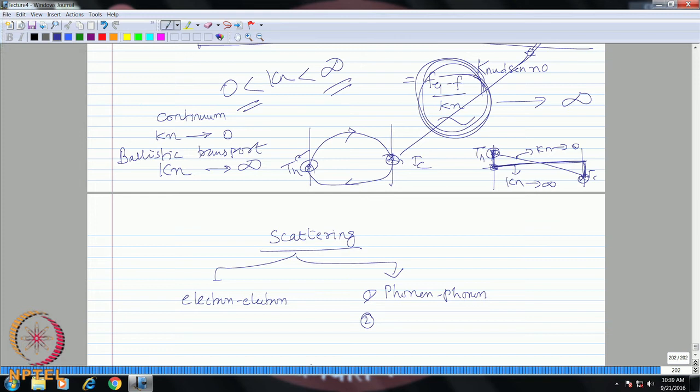If you are doping the semiconductor, make it either a p type or n type, these are external impurities, and so these impurities or dislocations in the crystal will cause a resistance to the flow of these lattice vibrations. So, when you model these as particles, again you have to think about scattering of phonons with these dislocations or impurities. So, therefore, you can have a second type of scattering, which is your phonon impurity scattering,